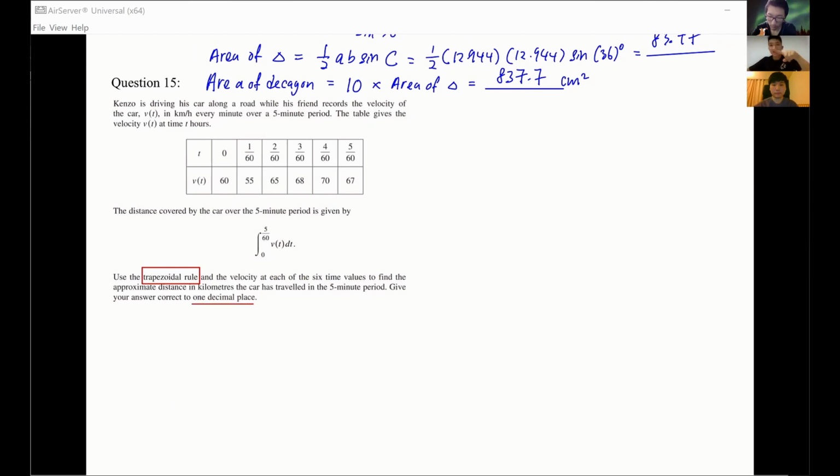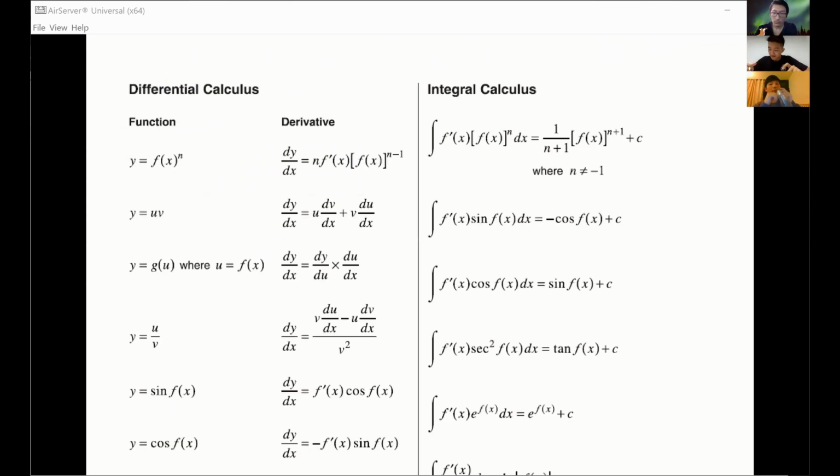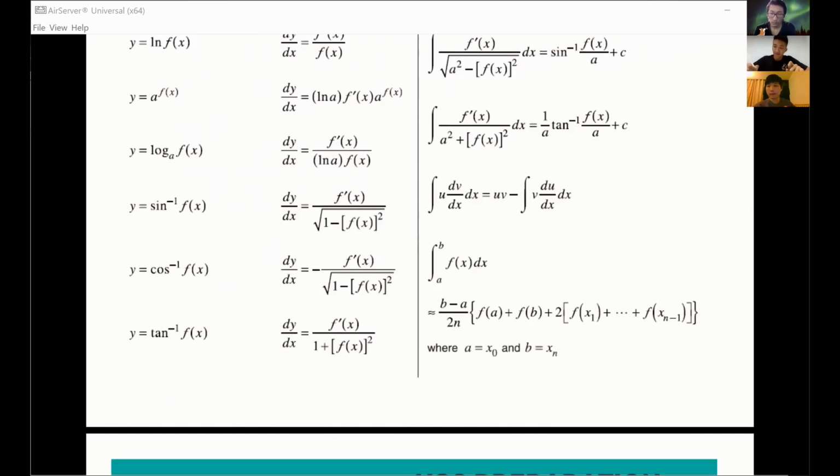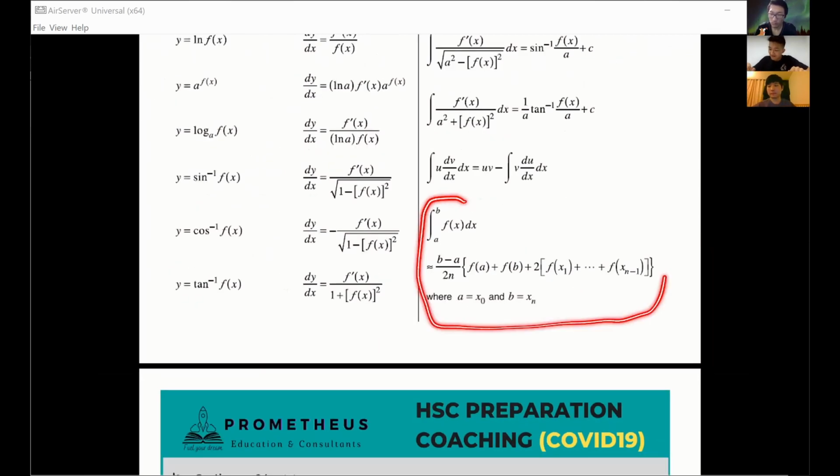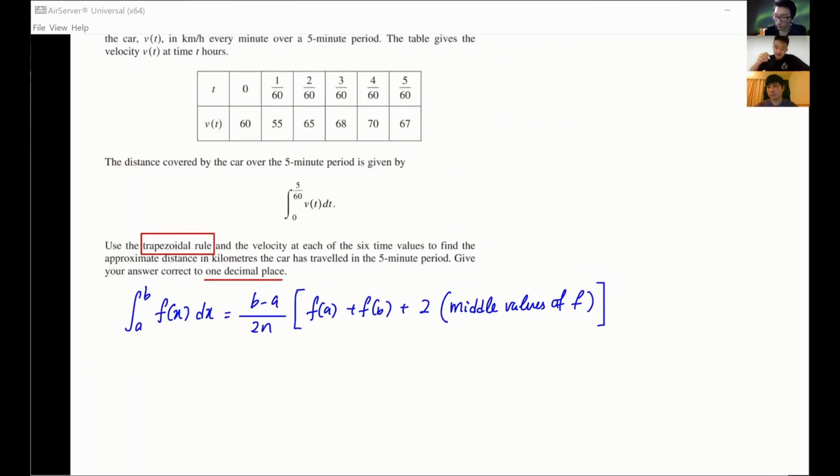Now, first thing, whenever you see trapezoidal rule, go to the formula booklet. You see this? This is the trapezoidal rule formula. So now I need you to copy down exactly the same thing on that question. Copy down exactly the same thing. And once you're done, please key in 1. We have this